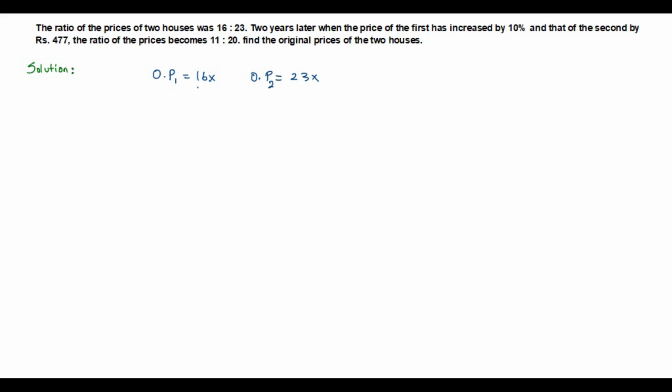So here the original price of the first house is assumed to be 16x and the original price of the second house is assumed to be 23x. Once we find the value of x using the other information, easily we can get the original price of two houses. That is, we have to multiply 16 and the value of x, 23 and the value of x. Okay, now 2 years later,